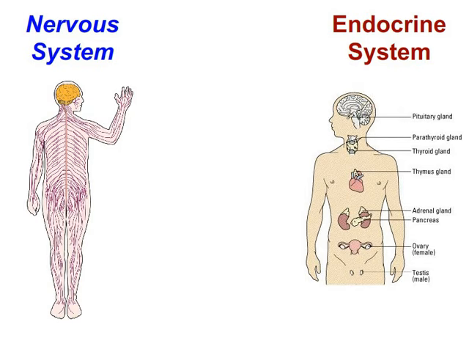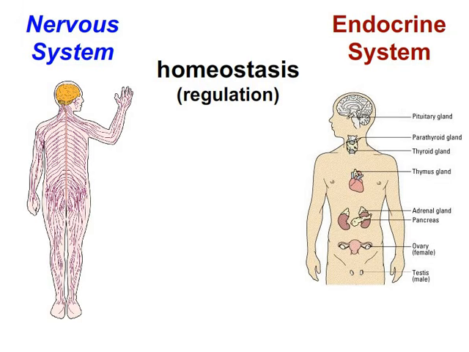Okay, you need to understand how the nervous system and the endocrine system are similar and how they are different. Both the nervous system and the endocrine system are involved in homeostasis in your body. Another word for homeostasis is regulation. Homeostasis means maintaining stable conditions within the body for living. Examples of homeostasis could be things like maintaining your heartbeat, your breathing, and the digestion of food.